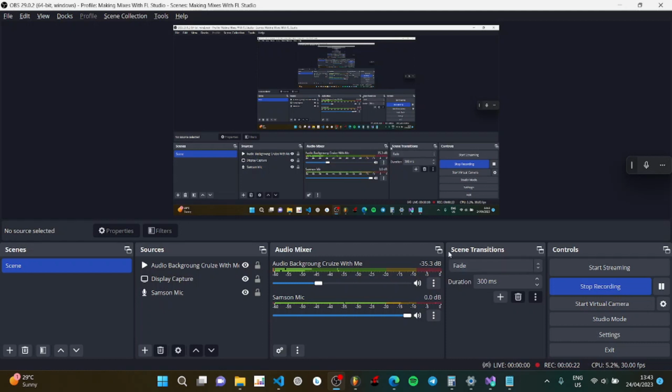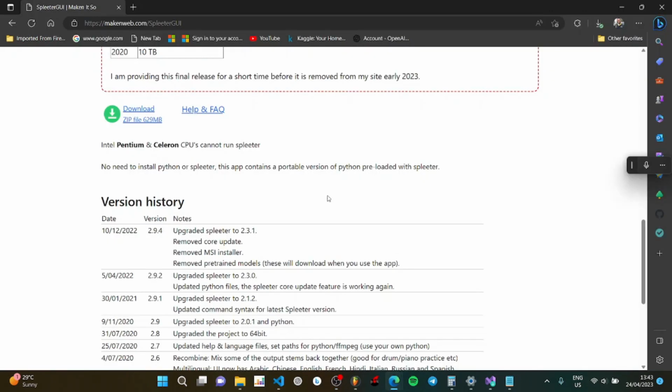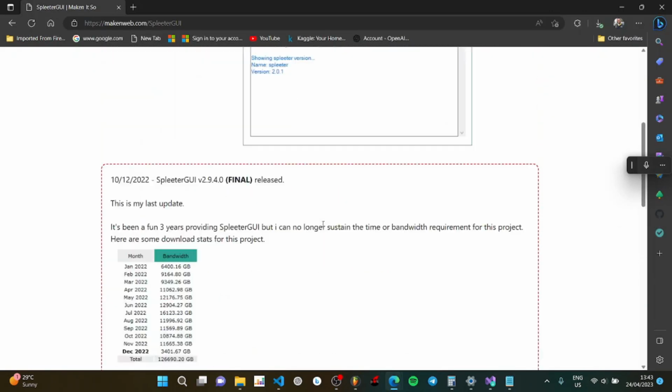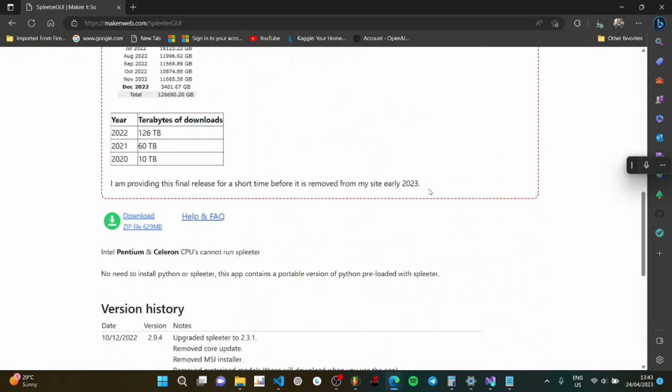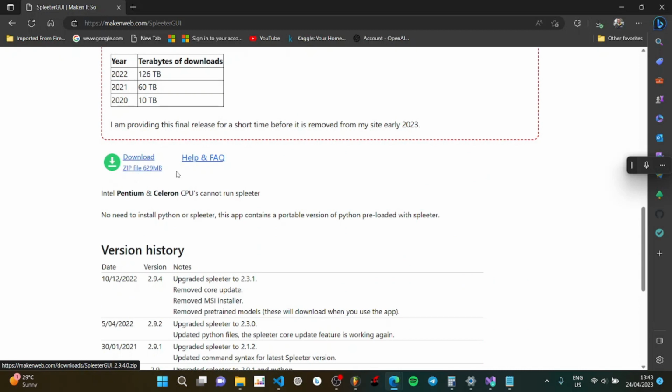So where do you get Splitter? You can get it from the link I've provided in the description below. When you click on the link, it will take you to this website. When you are on this website, you just need to scroll down until you see download zip file. They show you the file size, and please just be aware that Intel Pentium and Celeron CPUs cannot run Splitter.